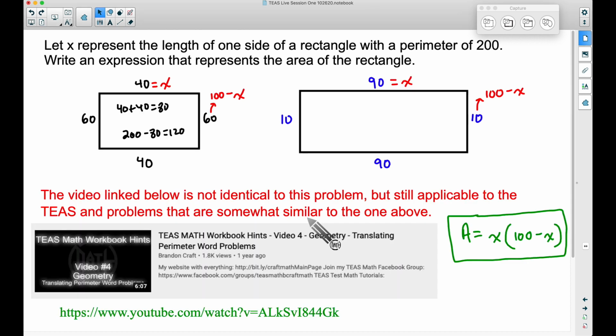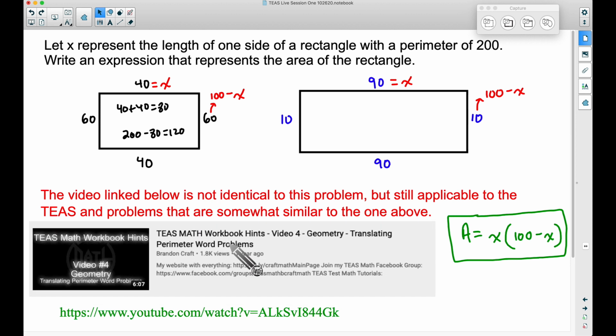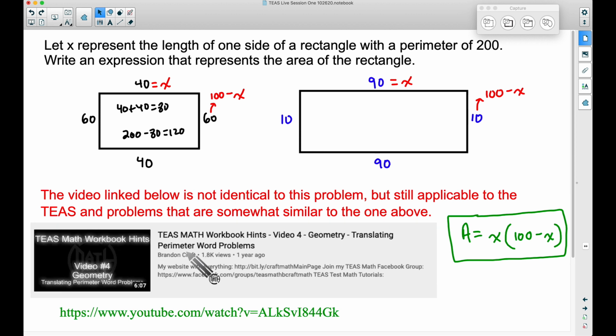And it looks like that last problem was a little bit confusing. It's a tricky word problem because essentially you're trying to translate something. You're translating a sentence into an algebraic problem. So I would encourage y'all to try out this problem here. It is different, it's not identical, but it's still applicable. This was a problem that I received from a student, and I actually included this in my workbook as well. So for more examples like that, you can check out my channel, search topics at my website. If you have my TEAS Math Workbook, give me a shout. I can point out where you can look for those problems within the workbook as well.